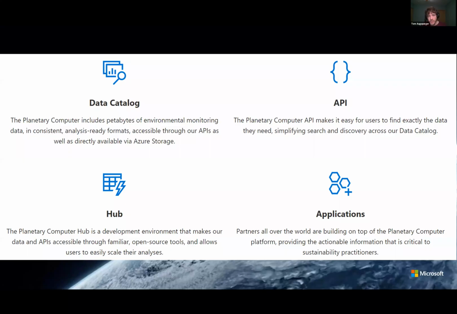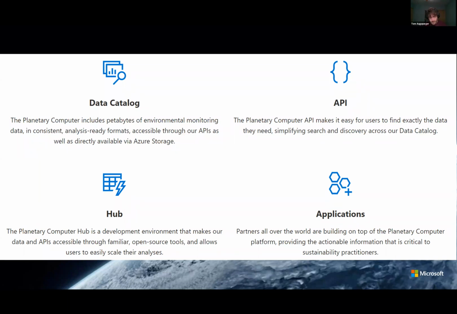It's a nice umbrella term for a few different things. So this group's probably pretty familiar with the benefits of data in cloud optimized formats available through scalable APIs like Azure Blob Storage. So that's the heart of the planetary computer, a whole bunch of data in blob storage. And that's really nice to have. It's a lot of work to get there, but we also think that it's important to have various APIs available to users to make that data easier to use. And so we'll see examples of that, but the primary one we'll be focusing on is our STAC catalog and